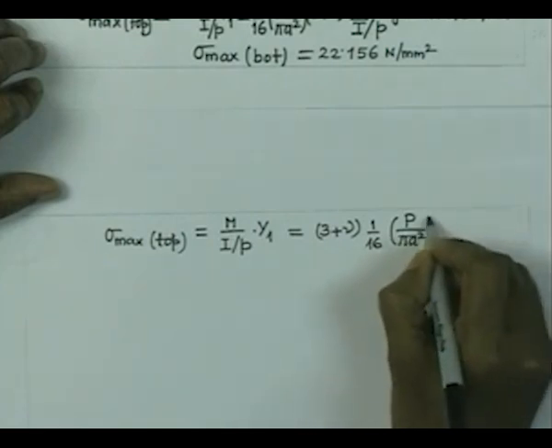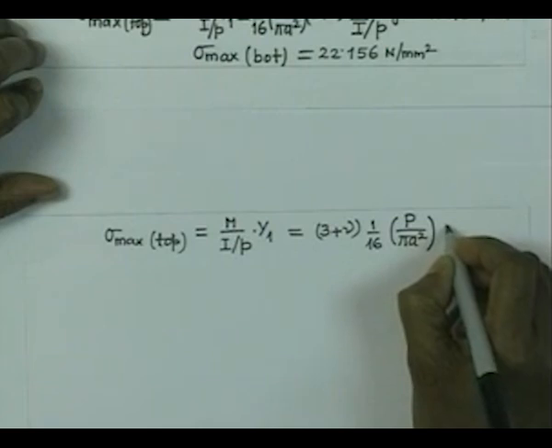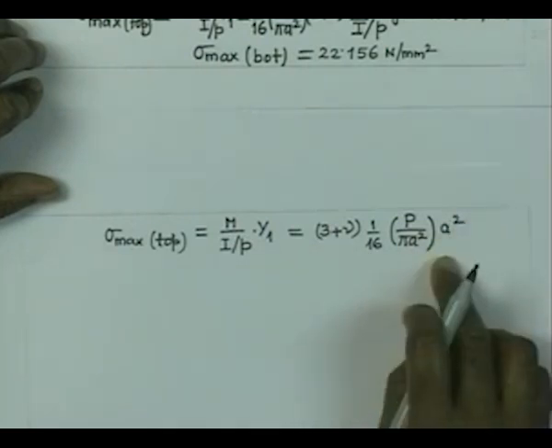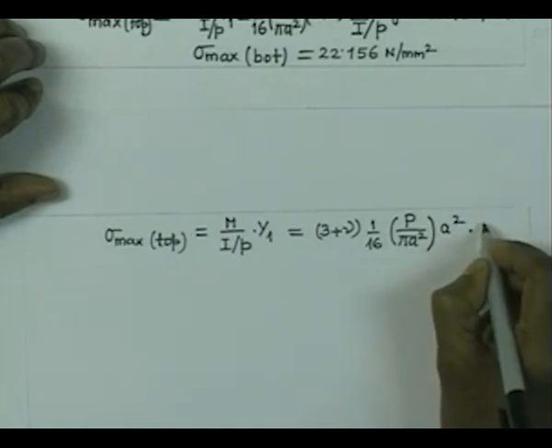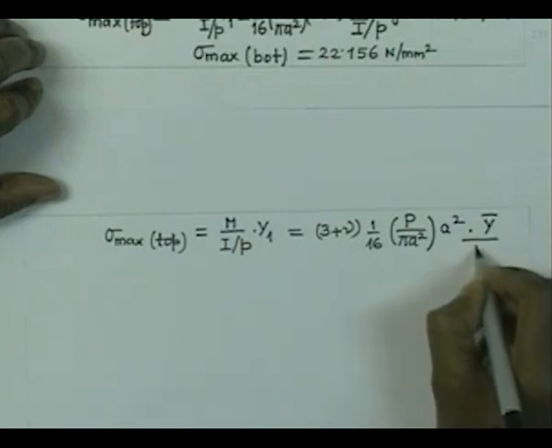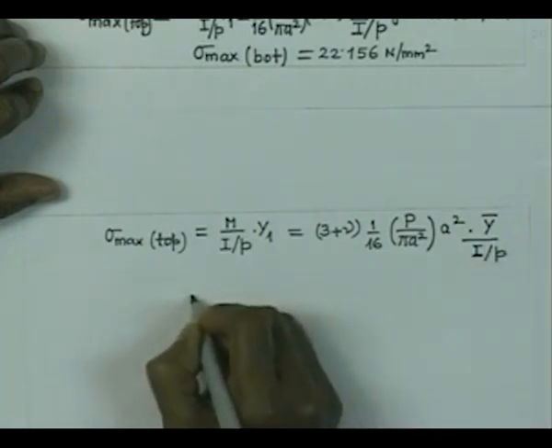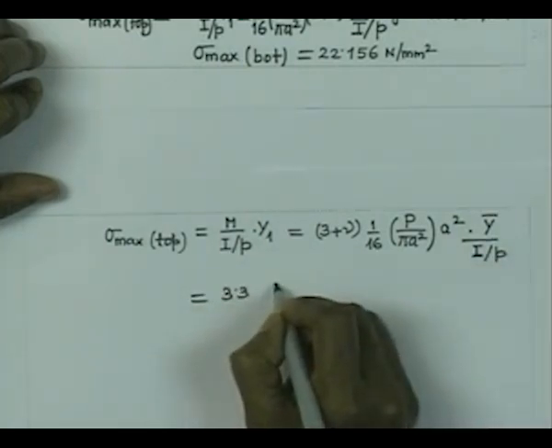That is the small p, and that multiplied by a square is the expression for the moment per unit length. And now, we can write y1 is nothing but y bar, and this I by P will be I by P. So, if we now substitute the values, it is 3.3,